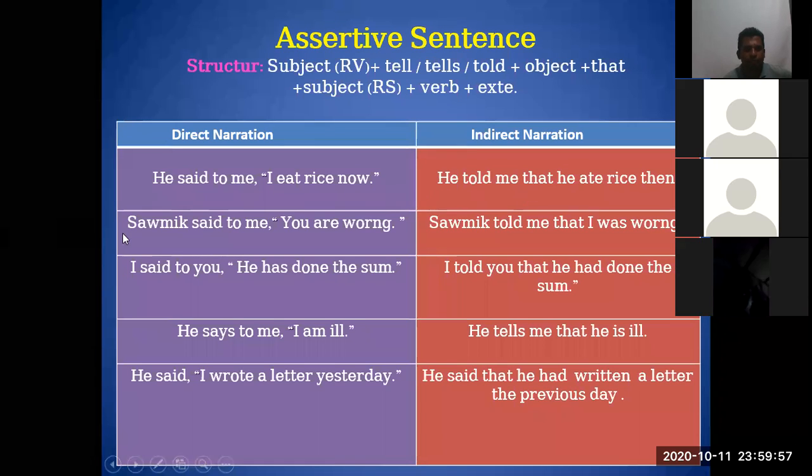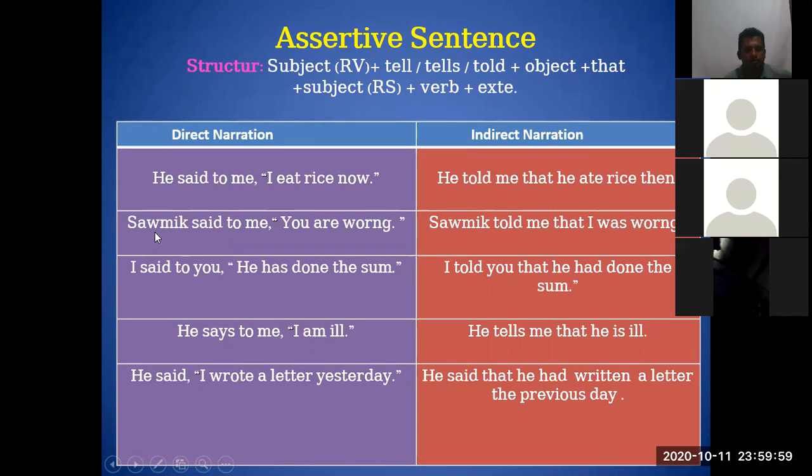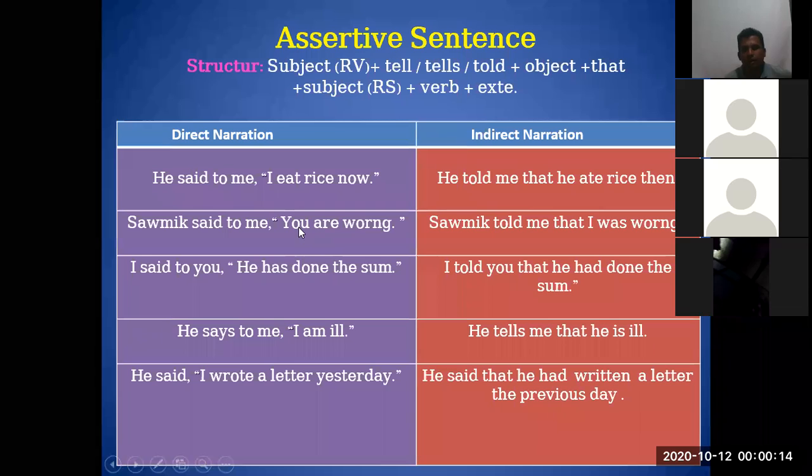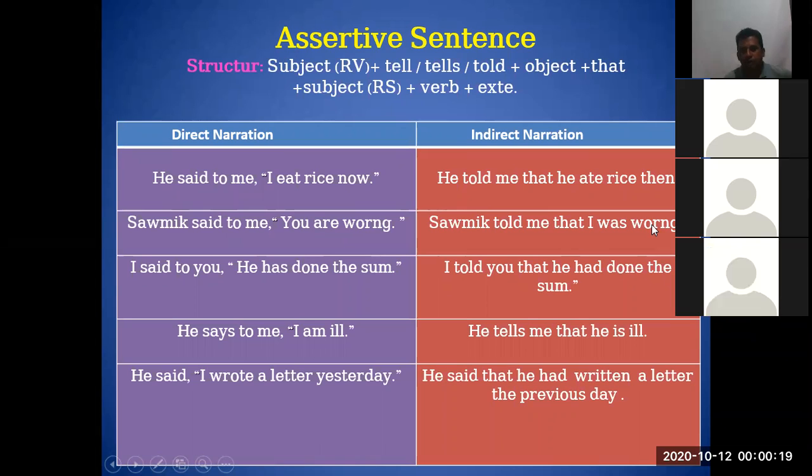Okay. In the second sentence, Samik said to me, you are wrong. Here also said to is changed into told. Inverted comma is changed into that. You is changed into I. Are is changed into was. And wrong is unchanged. Okay. Similarly, the next sentence, the rest of the sentences also change